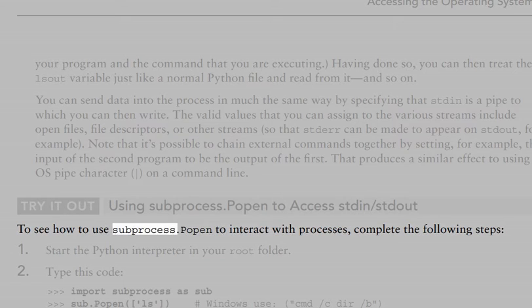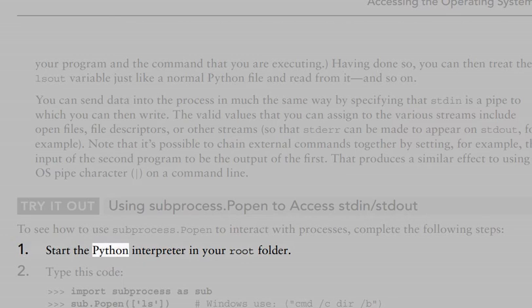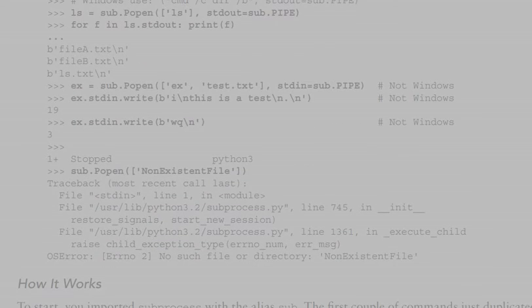To see how to use subprocess.Popen to interact with processes, complete the following steps. 1. Start the Python interpreter in your root folder. 2. Type this code. import subprocess as sub; sub.Popen('ls') # Windows use cmd /c dir /b; <subprocess.Popen object at 0x7fd3eecc> file a.txt file b.txt ls.txt; stdout = sub.PIPE; ls = sub.Popen('ls', stdout=sub.PIPE); for f in ls.stdout: print(f)